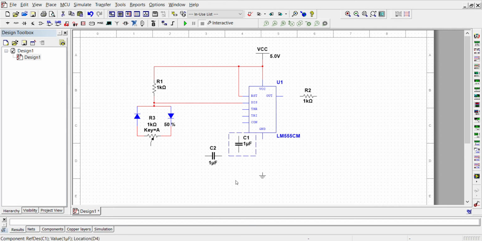This is ground, so connect this common point with the ground like this. Rotate this one. Now take an output and make a connection like this, connect this one also, and now connect this with the ground.